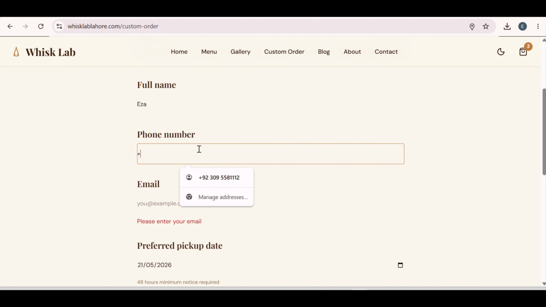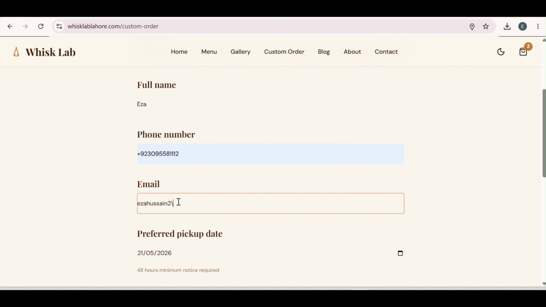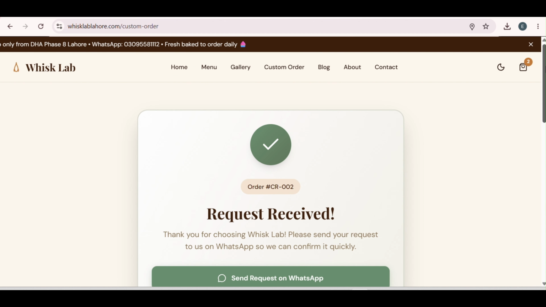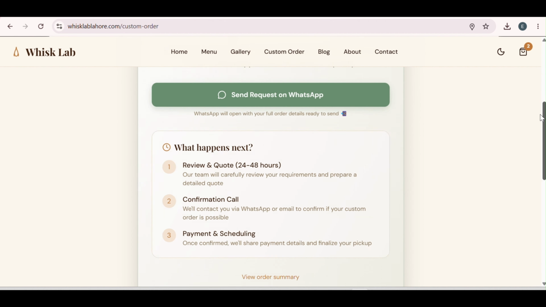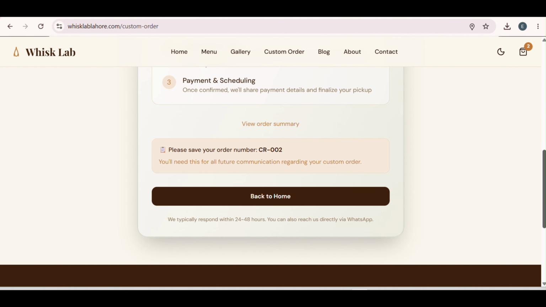So let's say I enter a phone number and an email. It will then submit. You can see the request received message, and we can even send this to WhatsApp directly. It will go to the dashboard even before you send it on WhatsApp, but clicking this button will send it on the WhatsApp of the owner.